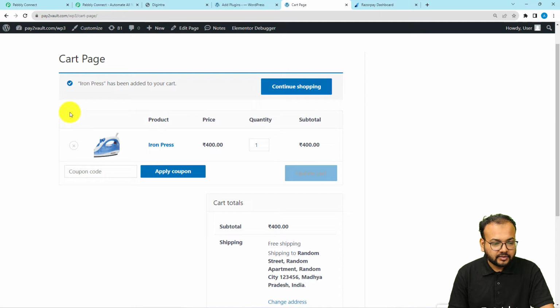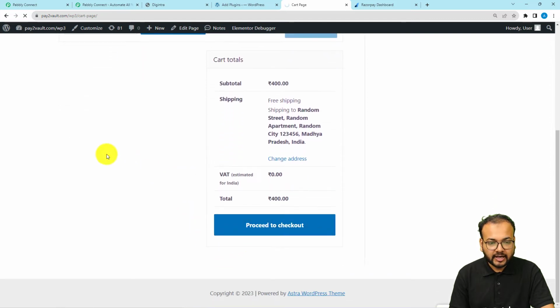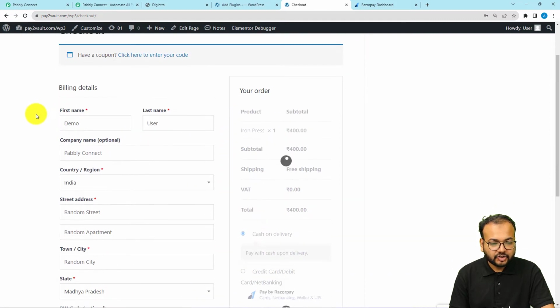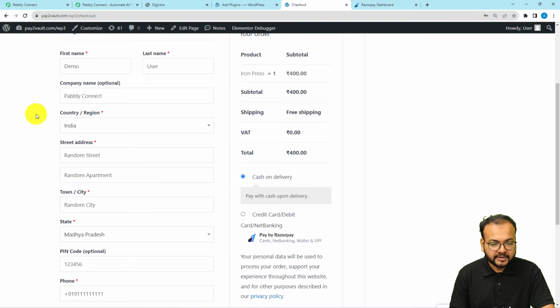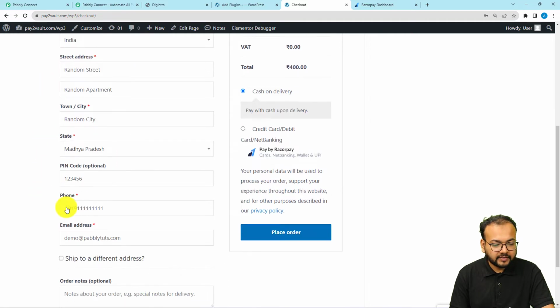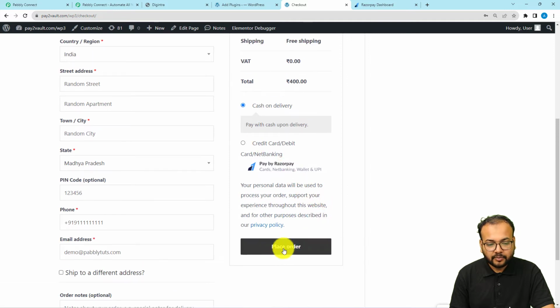Okay, so this is the iron press, this is the price of this product, and this is the quantity, and here I am going to click on proceed to checkout, and this is the checkout page of my store. Here I have entered some random test details to create a test order. This is the first name demo and last name user of a demo customer. These are all the details of the customer, and here I'm going to click on the place order option, but